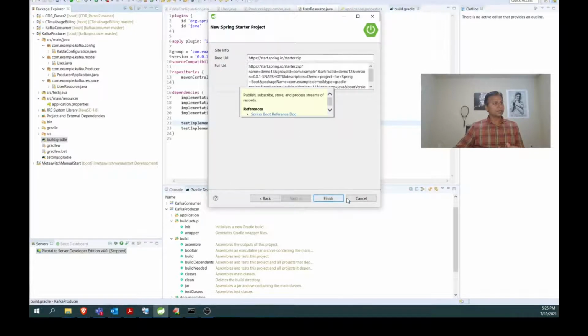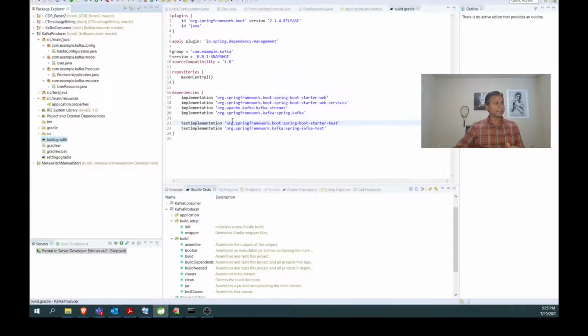So if you do it, it will be created automatically like this. So the implementation, I'm directly taking the implementation. It's more like a component. Okay, that's it. So now let us get into the code.